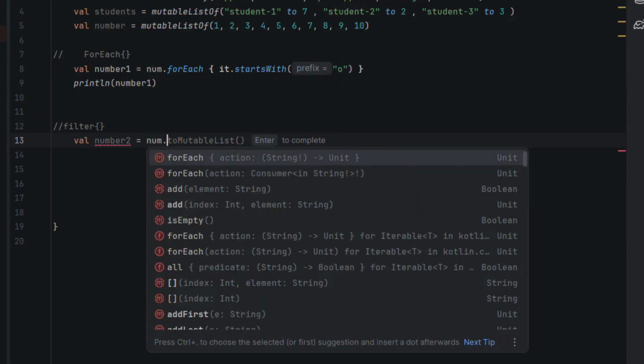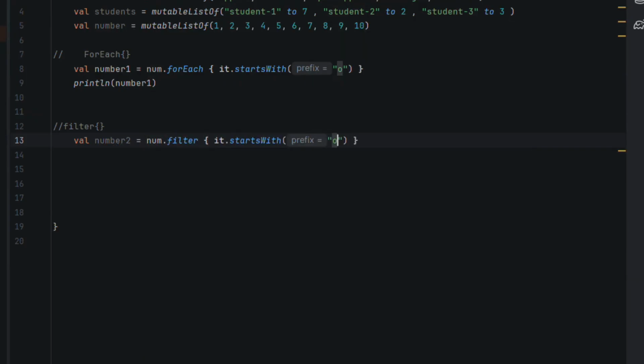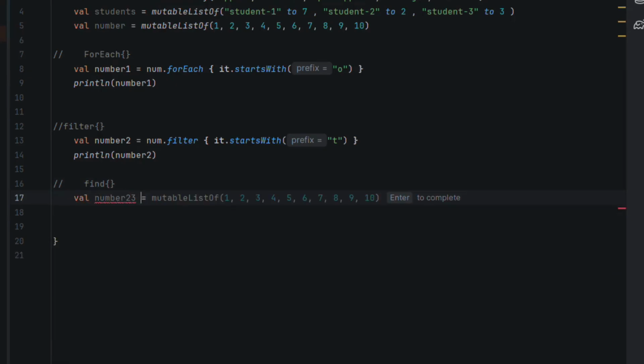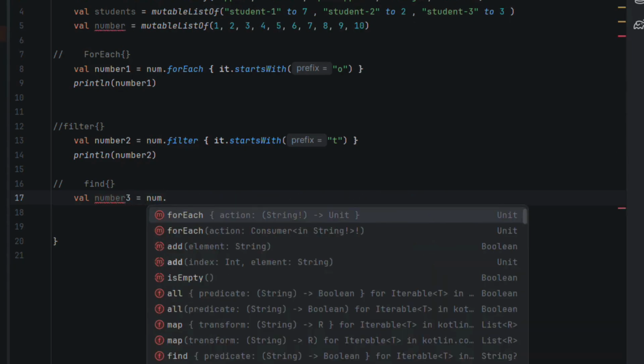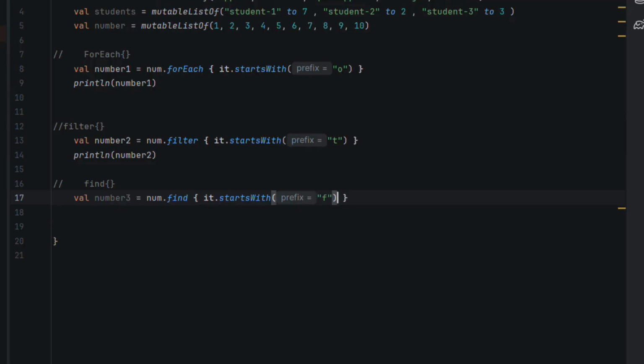And next is filter. Now this is more like it. Filter goes through every element, then checks the condition, which is it.startsWith("t"), and returns a new list with only the items that pass. So it will check one by one: is "one" starting with t? No, so it will be dropped. Is "two" starting with t? Yes, it will be kept, and same with "three". So the result will be two, three. The original list num is completely untouched, and filter always returns a new list, it never modifies the